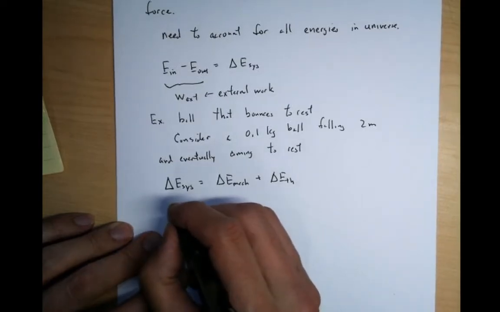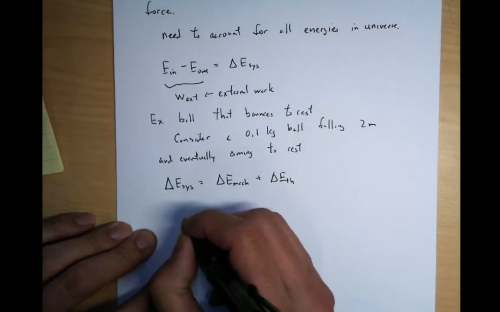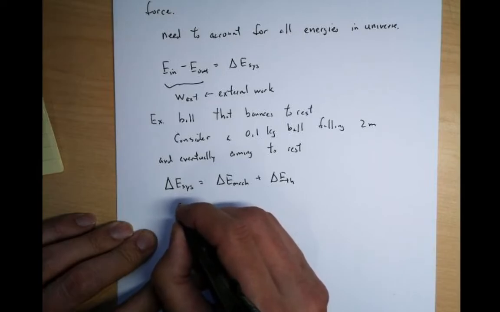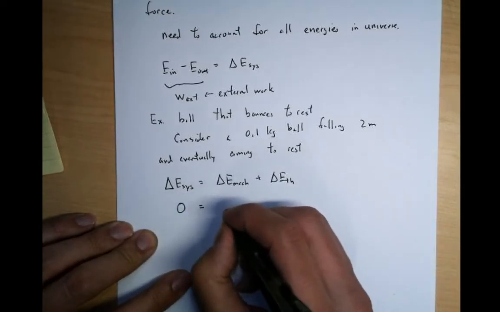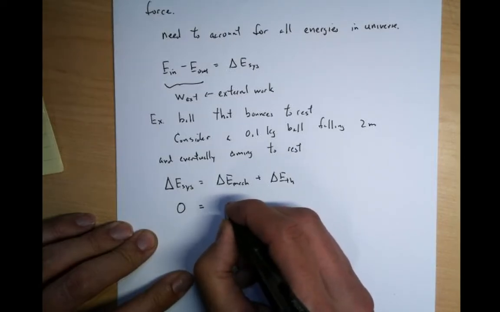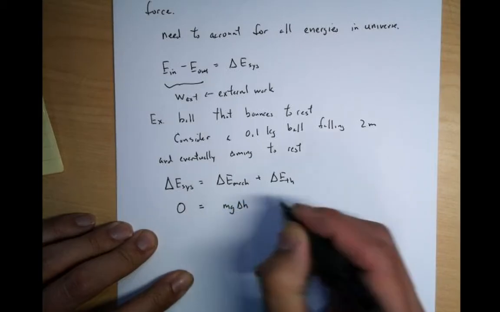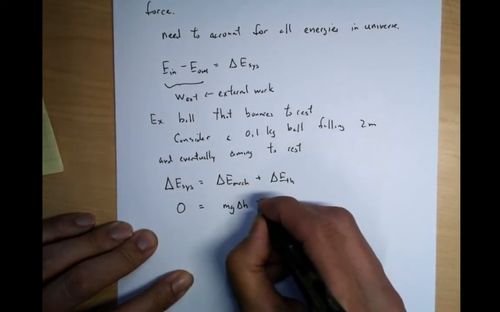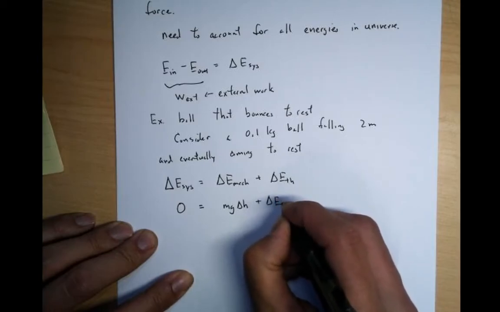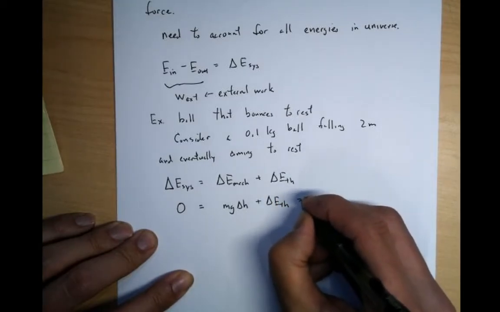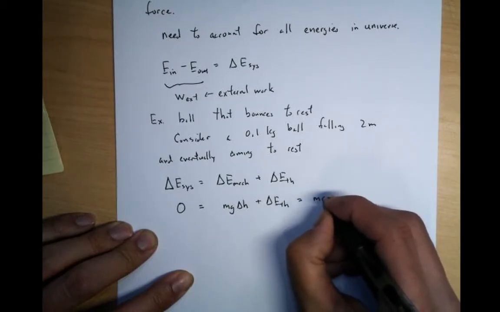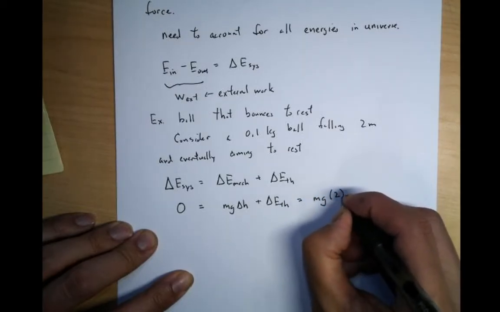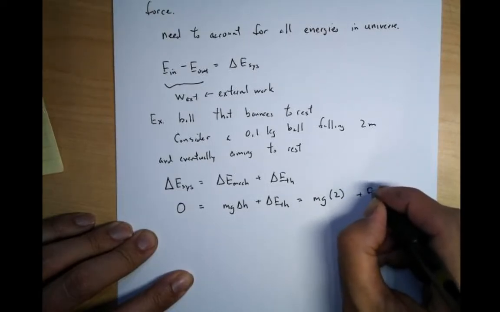Okay. Now this is going to be equal to 0. There's no external thing acting on this, so it can be 0. It is equal to the change in mechanical energy. It's going to fall 2 meters, so it's going to be mg delta h, right? The change in the height of the ball, plus the change in the thermal energy, right? So it's going to be basically mg times 2, right? Plus change in thermal energy,